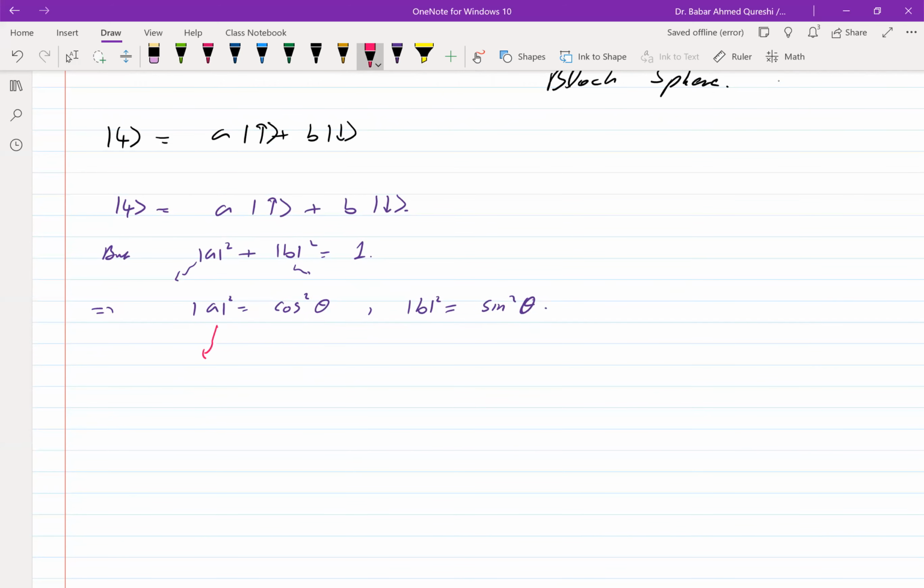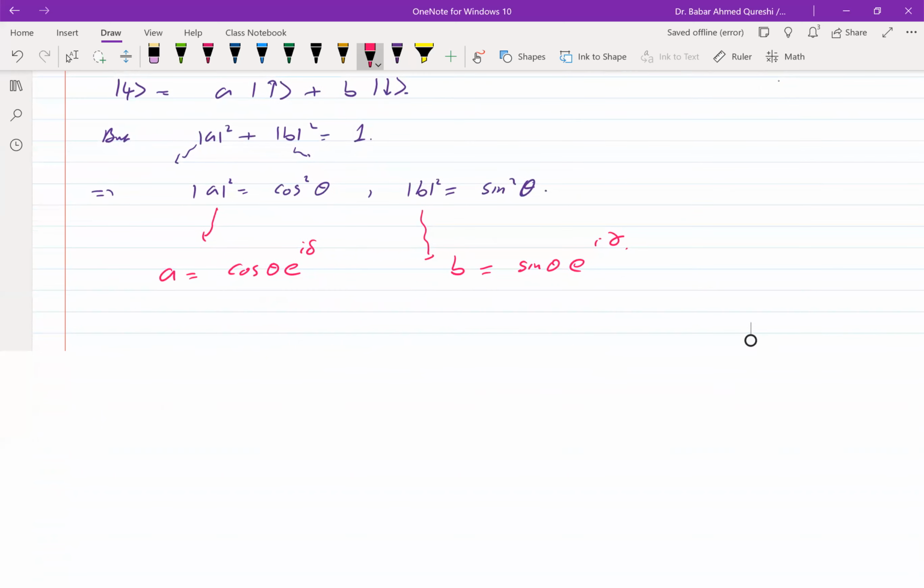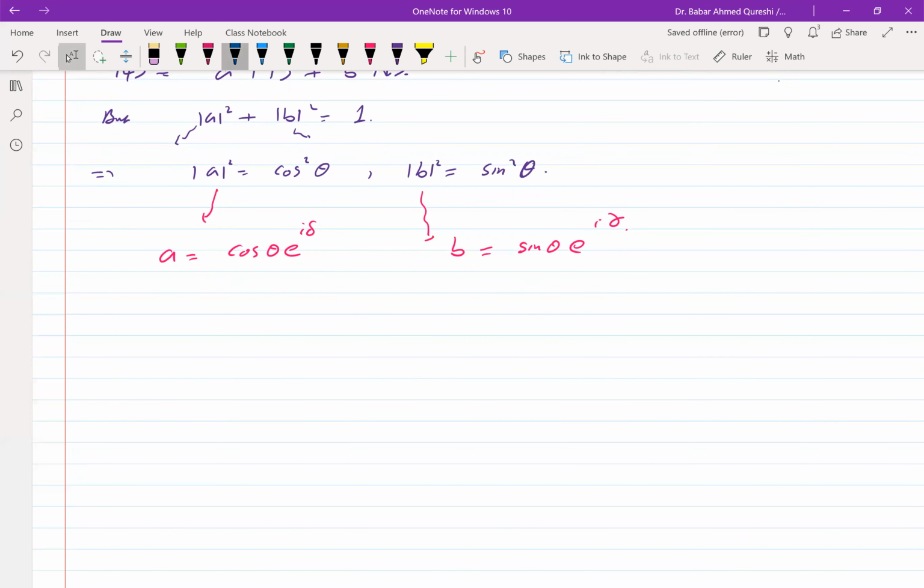In this case, you can parameterize them with sine and cosine because their squares sum to 1. So from here, A takes this form, with some phase, and B is this magnitude with some phase. So this is just coming from normalization, that psi can be written as